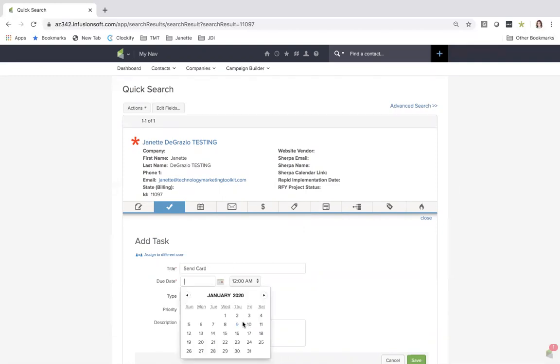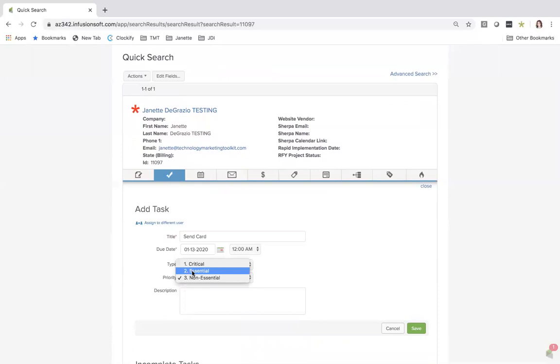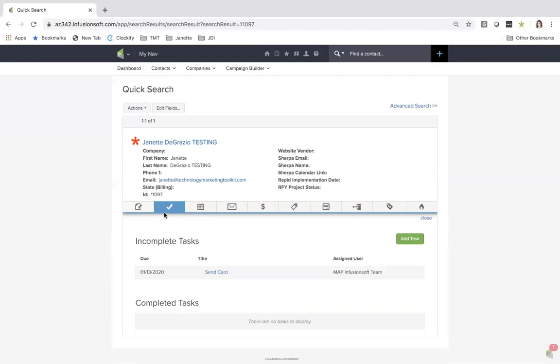And I can give it a date. So let's do this early next week. And I'm just going to have this type be other. You can give the task a priority and say this is something that's essential. And I can even write some notes here about this. And then click save. Okay, so now the task is connected to this contact record, and I will be notified